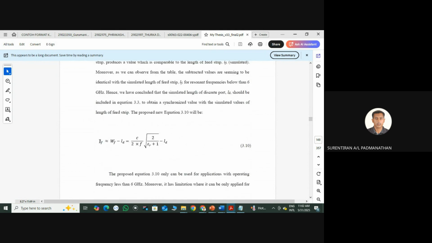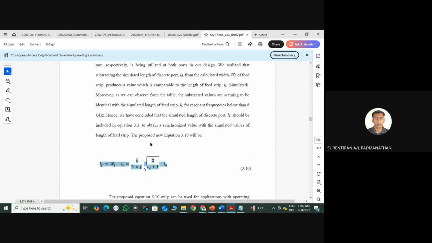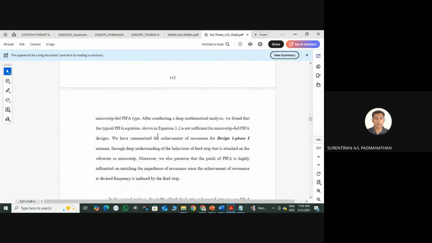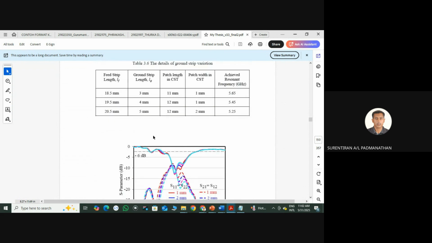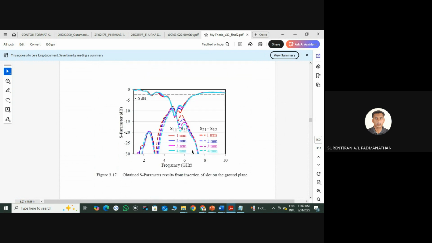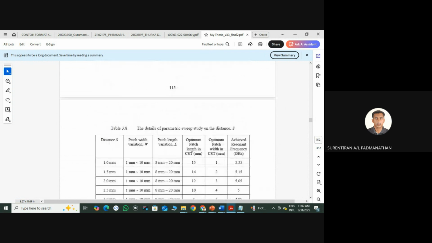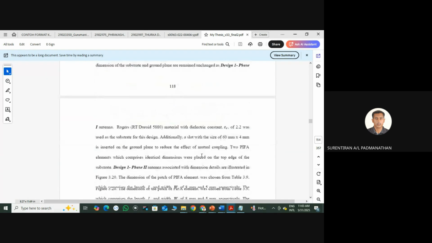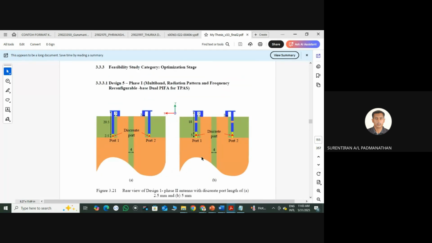Okay, I modified that formula. Then by using this proposed new equation, okay, by using this method, I continued my project. Then after that, I could get the results actually. Then I continued. I started to continue my designs. Okay, so that's why I'm saying, for different methods, we have to make sure that